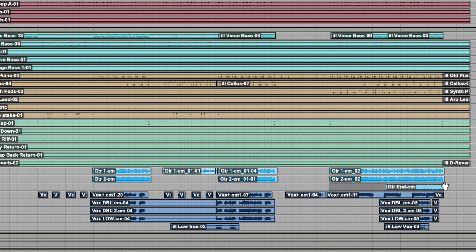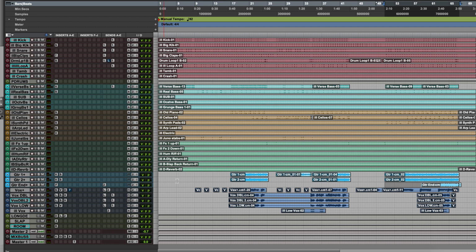if I could loop that 40 seconds over and over again to get my balance, my faders, choose my panning, EQ, compress, saturation, reverbs, delays. If I can get that section of the song sounding really, really hot, then if I go backwards to the intro or the verse 1 or even verse 2 where it's really sparse, it's going to still hold up. It's very easy to mix very sparse arrangements because there's not much masking or overlap.